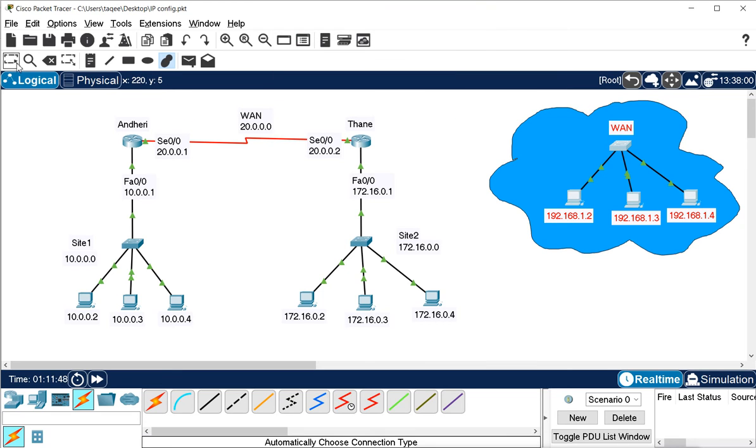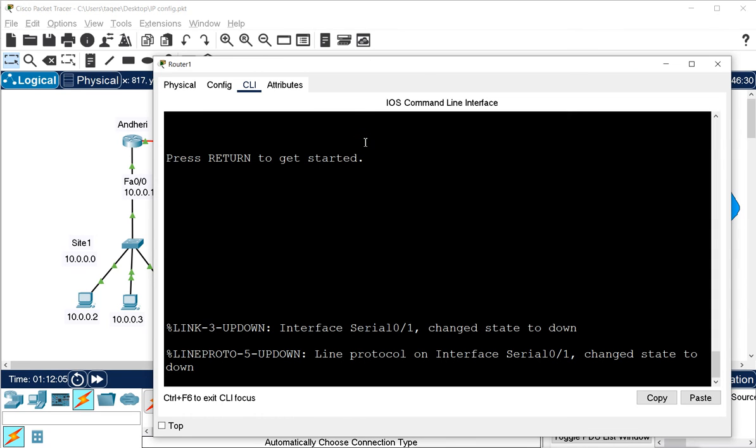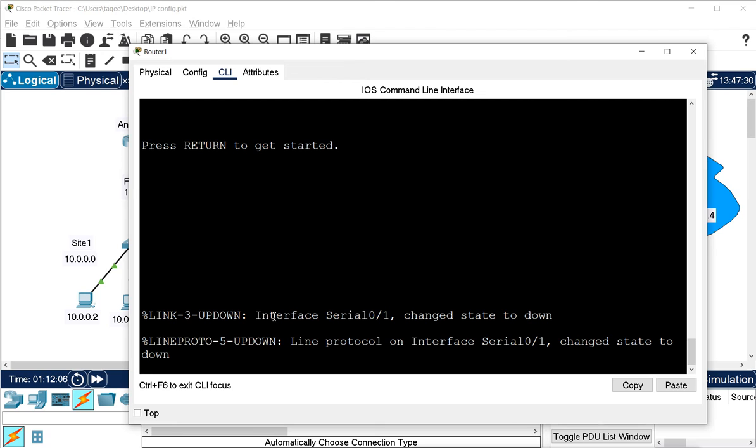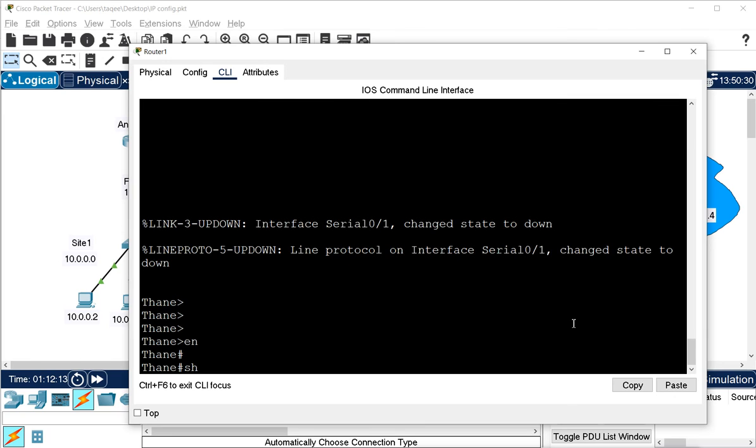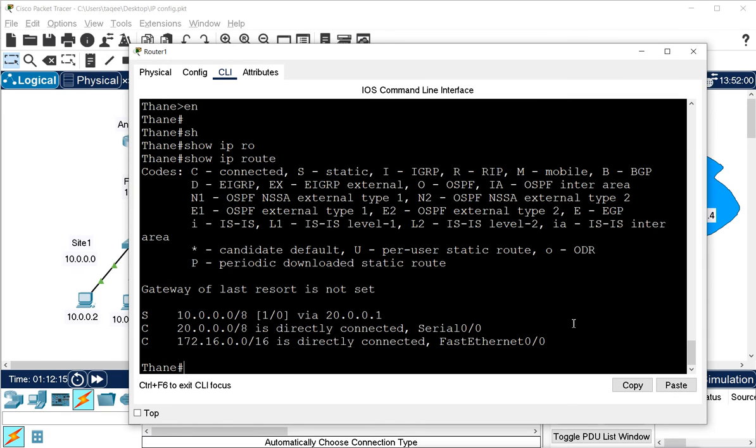And what I will do here, I will connect this network to the router, and for that I will go here and connect, and configure this interface. This interface is our FastEthernet 0/1, so I will configure this first. You can see I have removed this interface, deleted this interface, but the other interface which I connected right now is